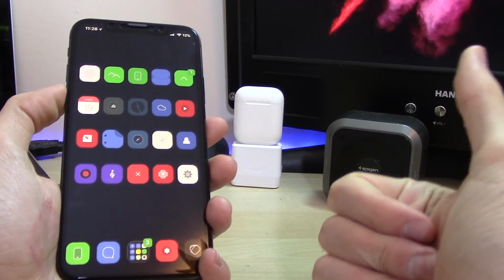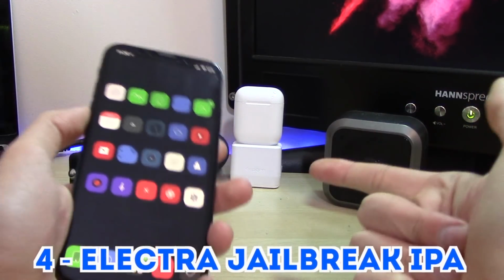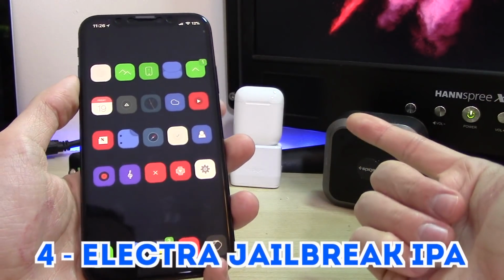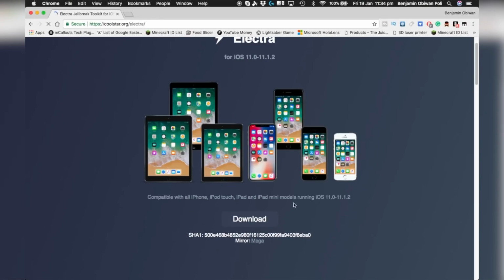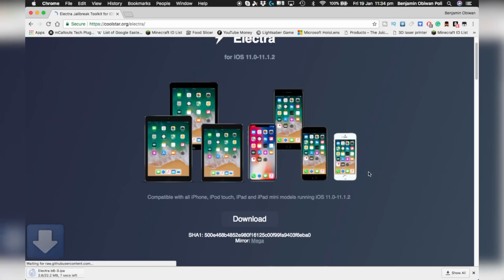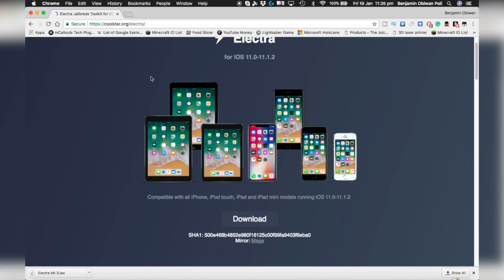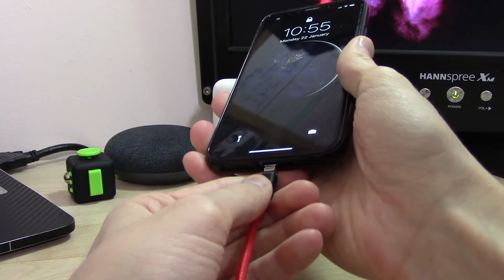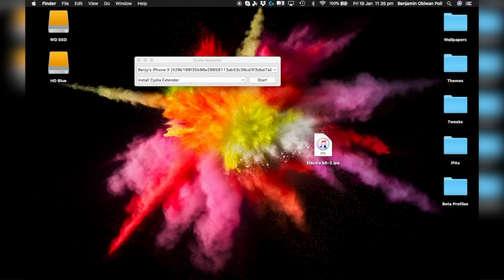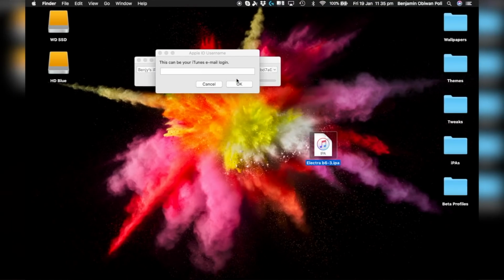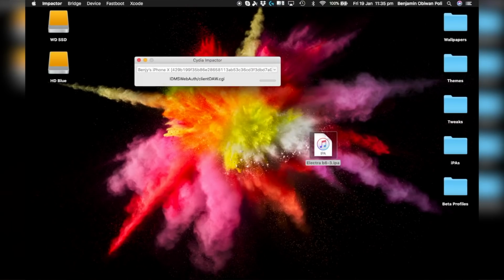So you need Cydia Impactor, and you also need the Electra Jailbreak IPA, which will be linked in the description below as well. All you have to do is click that link, and then it will take you to a page where there's a download button. You click on the download button, and then you will have the IPA download onto your computer. Then after that, you want to plug your phone into your computer, open up Cydia Impactor, and drag the IPA to Cydia Impactor. And then once you've done that, it will ask you for your Apple ID email address. You put that in, and you also put in the password, and then it will start signing automatically to your